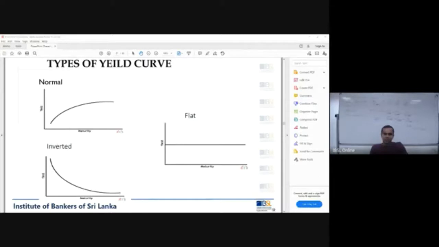Yeah, you're right, Dinesh. If you feel interest rates are going up, you prefer to invest long term, right? So long term supply is increasing. Long term supply will increase. But if you're a borrower, you will want to invest short term or long term. If you feel rates are going down,